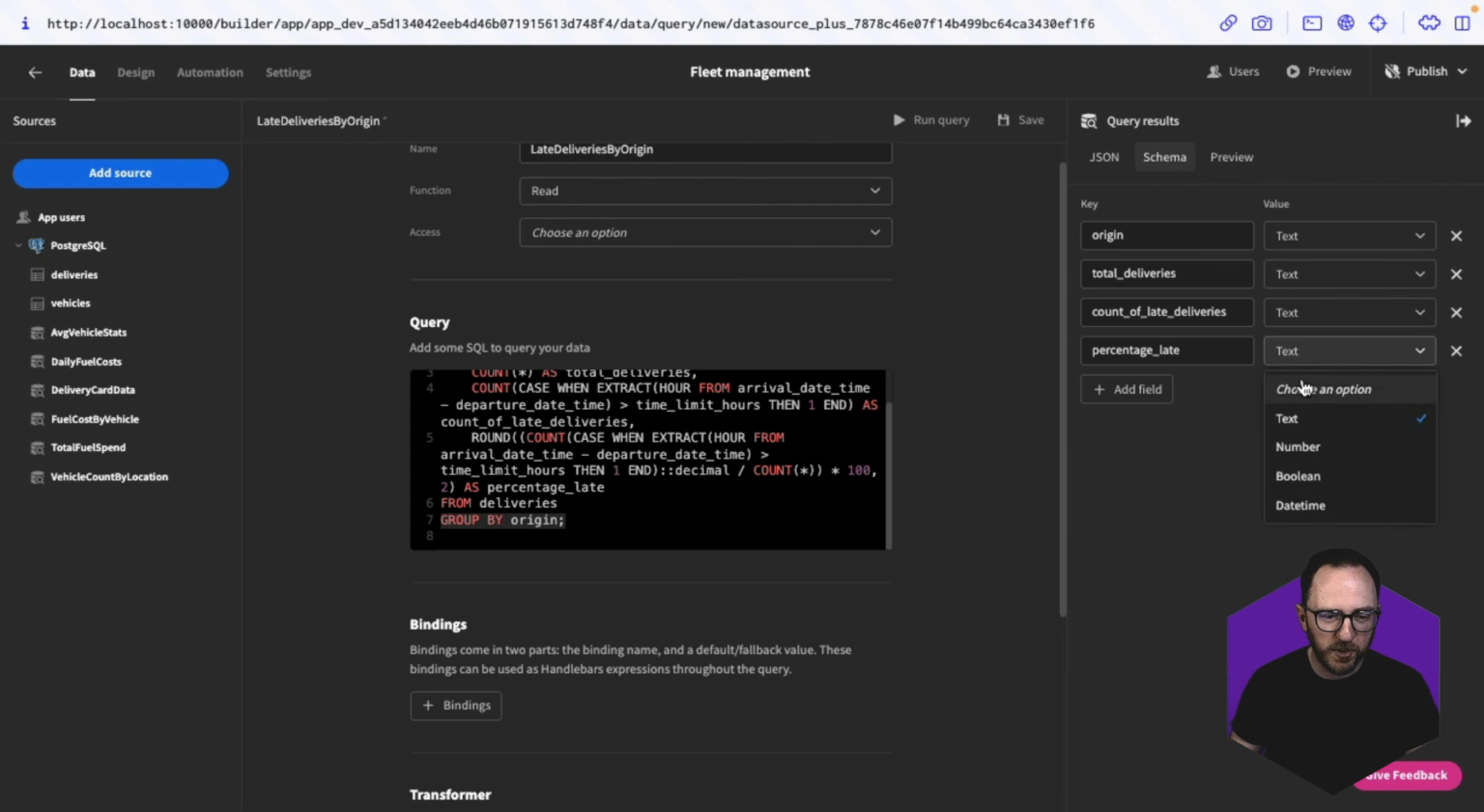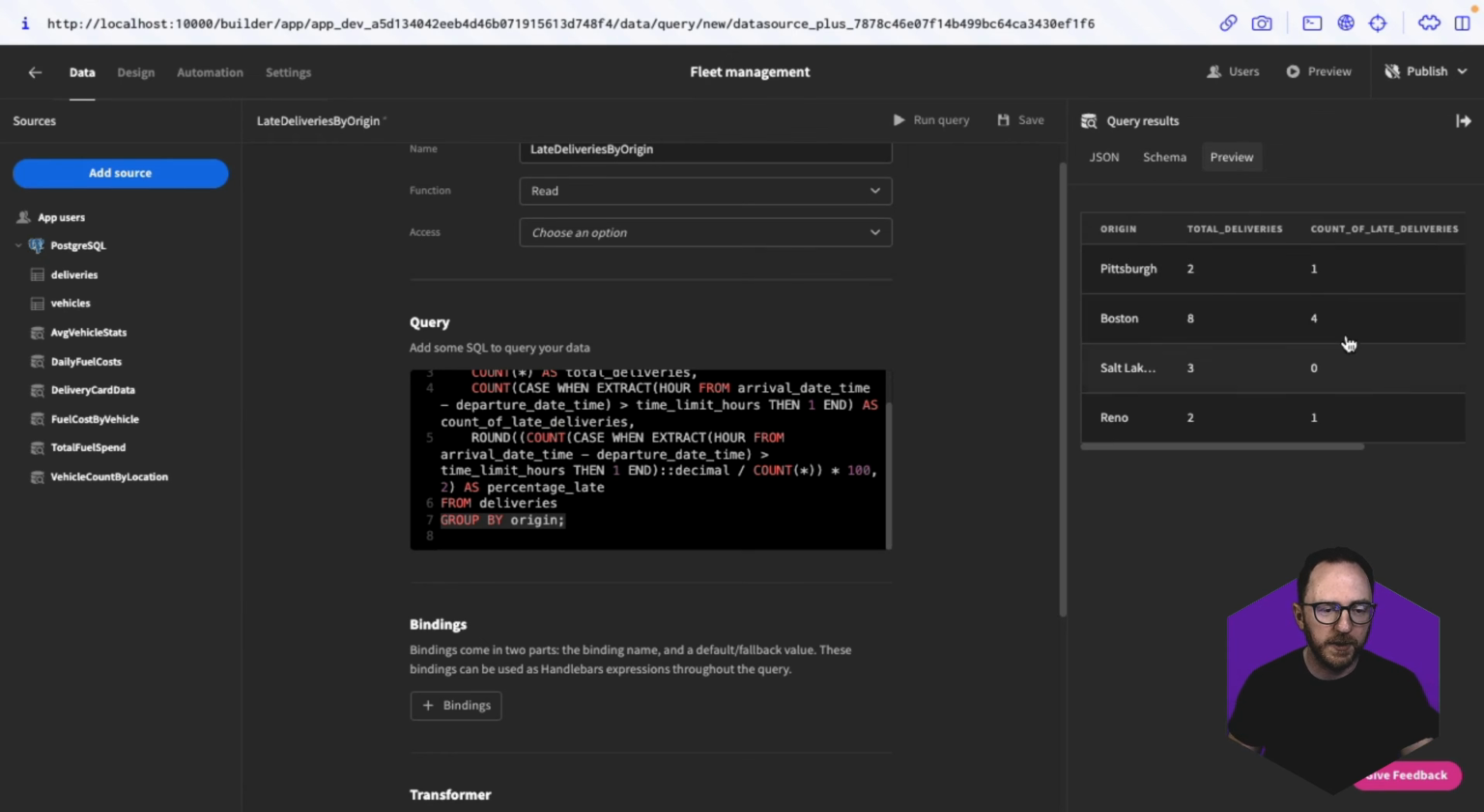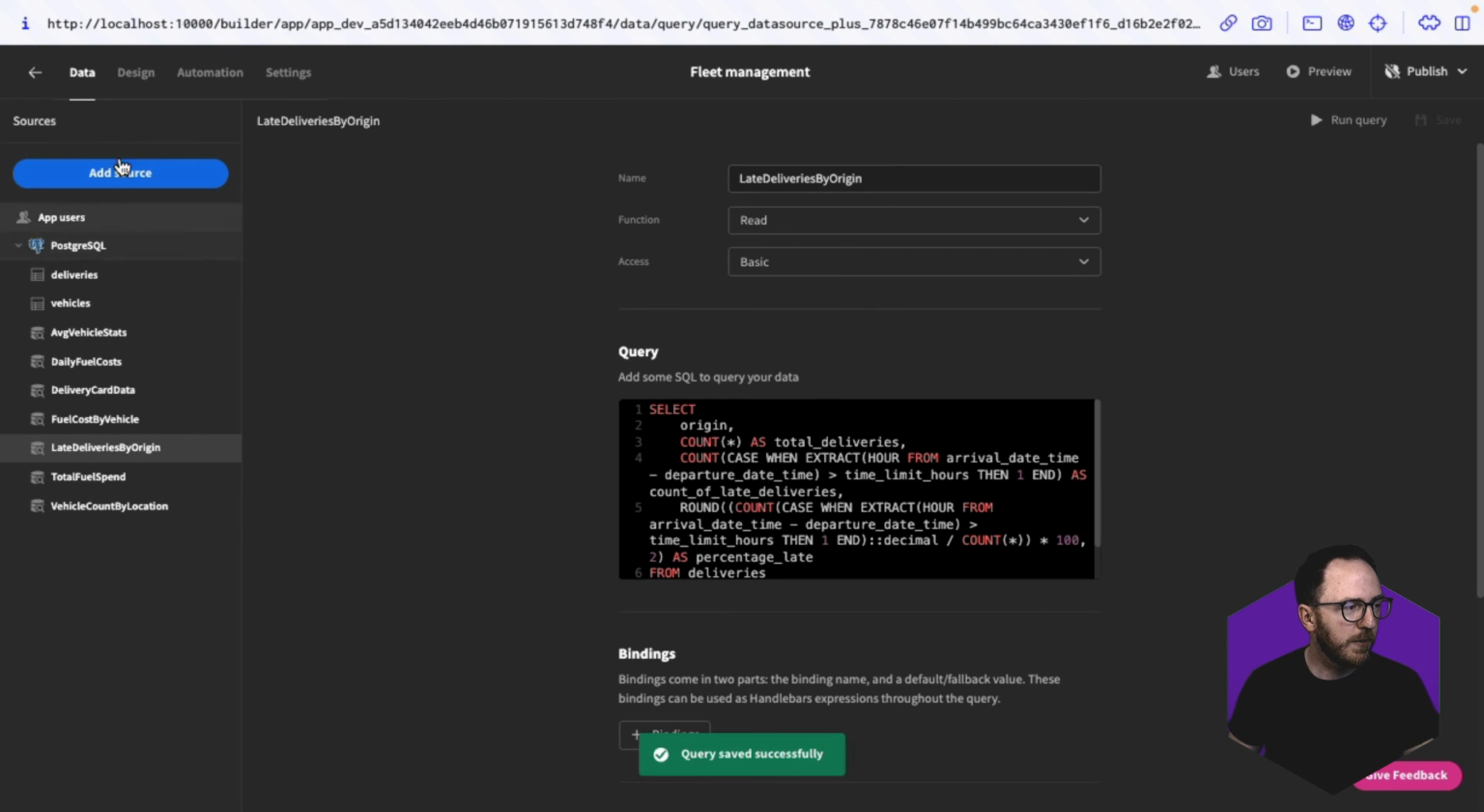In our schema, we probably want to cast our numbers as numbers. It just might help things later on. And in our preview, we can see the rest of the data that's going to be there. Let's save that, go back to our front end,